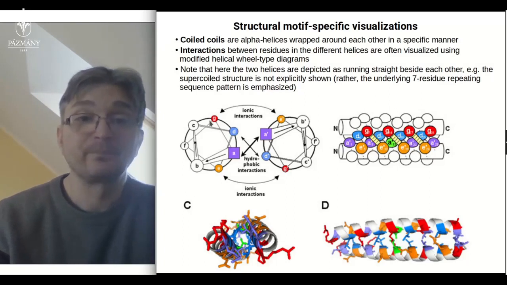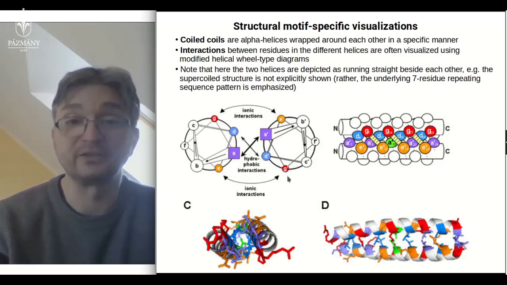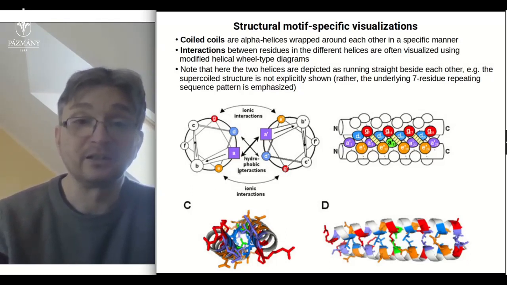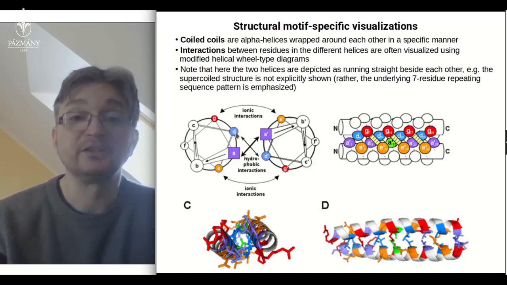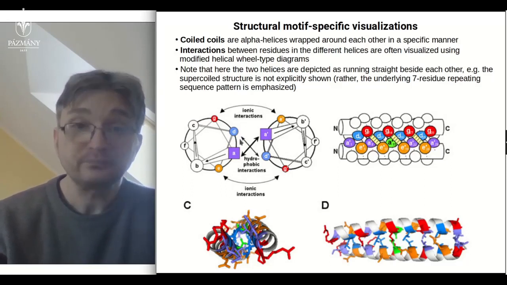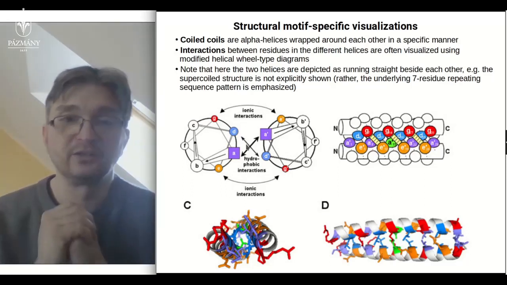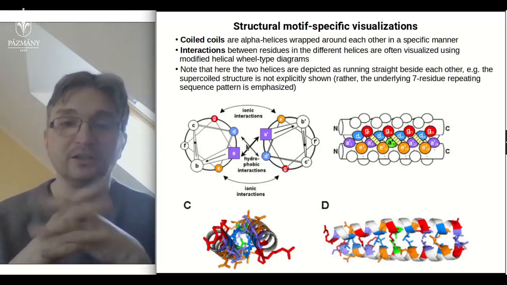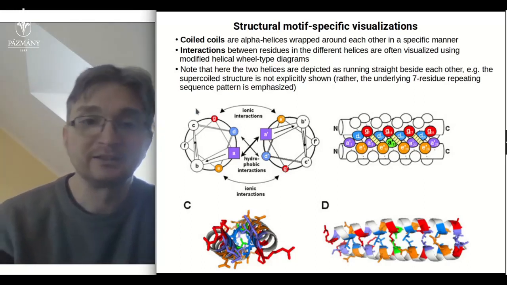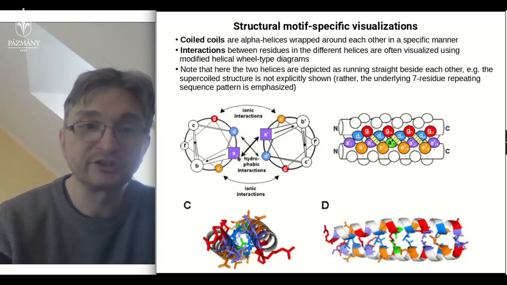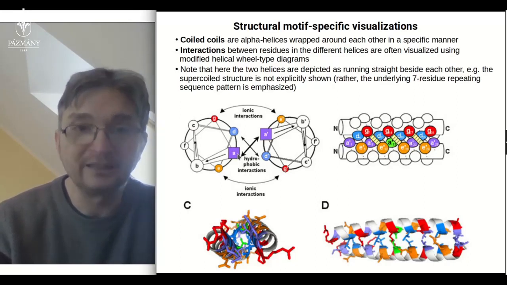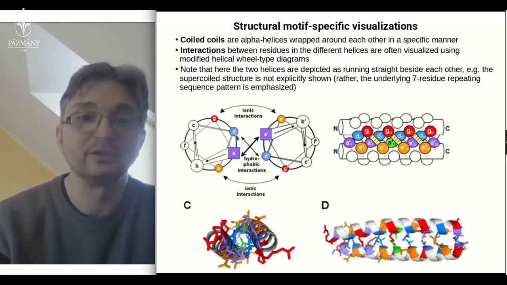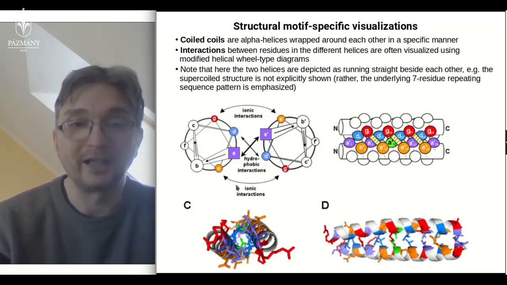That is why you can have 7 residues around one of the wheels or one of the circles. And this diagram emphasizes the hydrophobic residues in given positions, and that they face each other within the helical interface. These are 7-residue heptad repeats, and the first residue denoted A and the fourth residue denoted D are